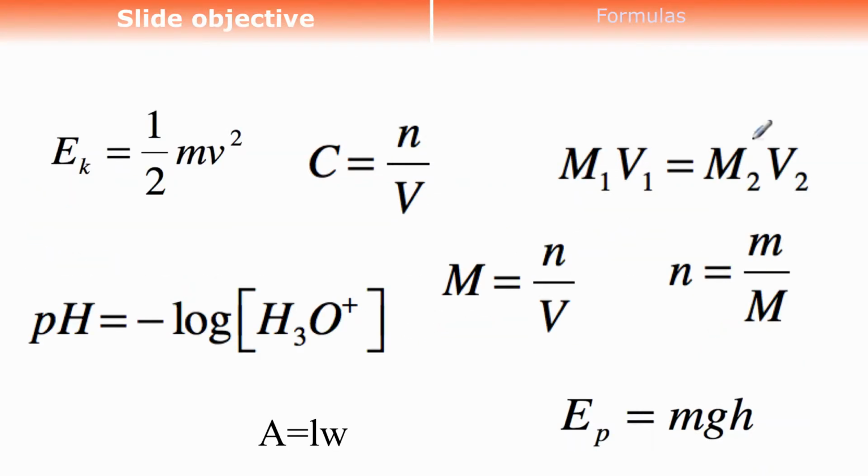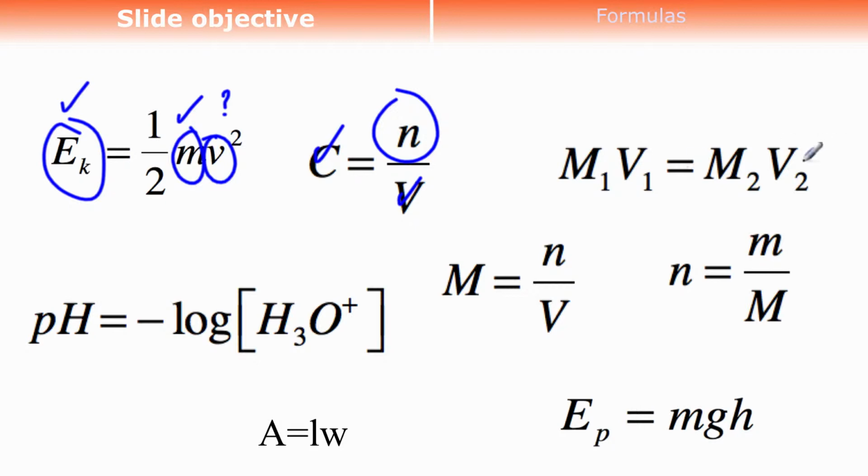For example, here's some formulas. So this one, I could manipulate this formula. Notice in this one they have 1, 2, 3 variables. And the way formulas work typically is if you know two of those variables, you can solve for the other one. So here, 3 more variables. If I know those two, I can figure that one out. Here there's 4 in this dilution formula. If I know 3 of them, I could figure out the last one. So that's the way formulas work, and we want to work on a few